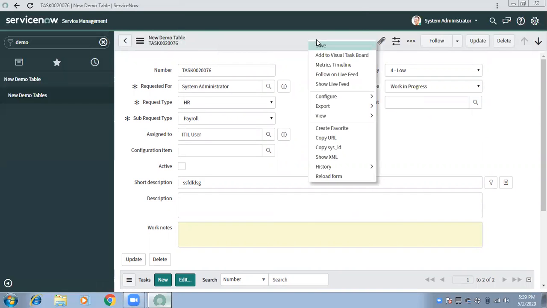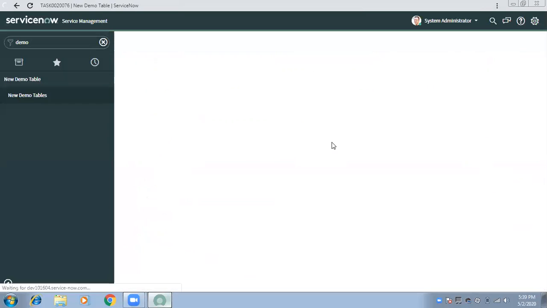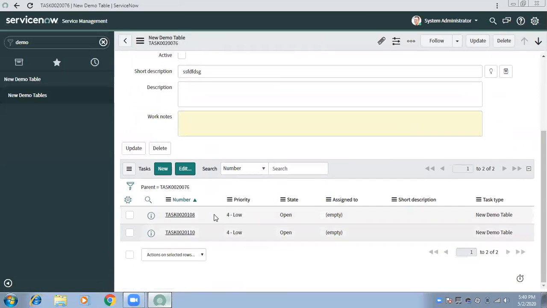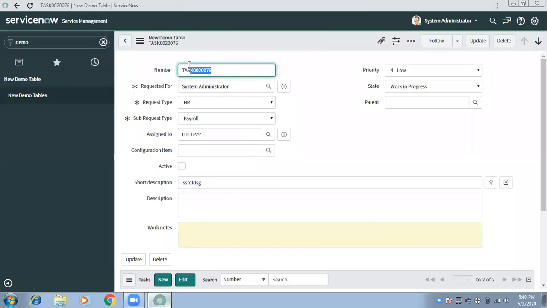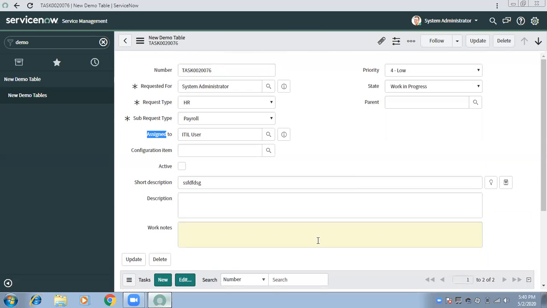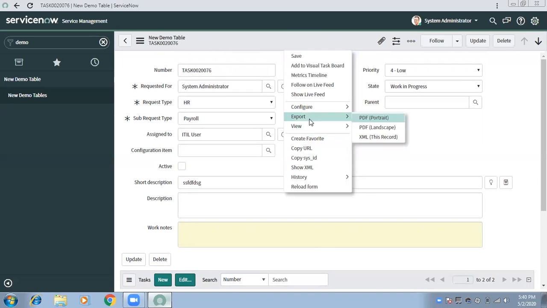So to do that, I need to update the related records where this particular incident is the parent. I need to update all the requests where this particular request is the parent. In this case, for which requests is it the parent? For these two, 108 and 1010.